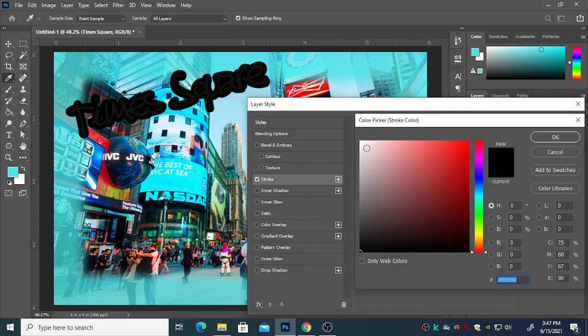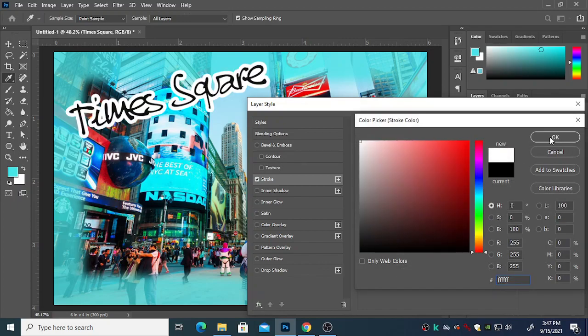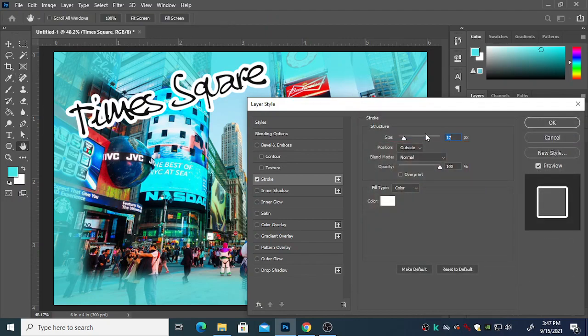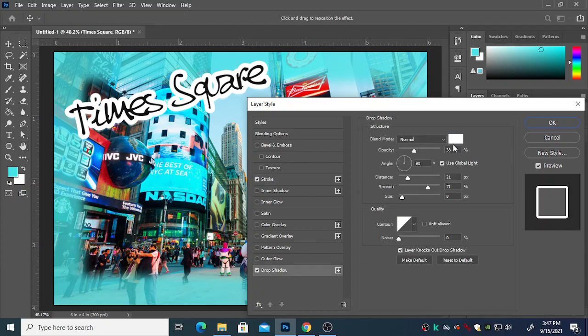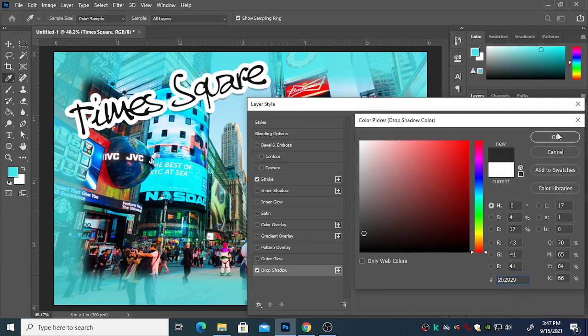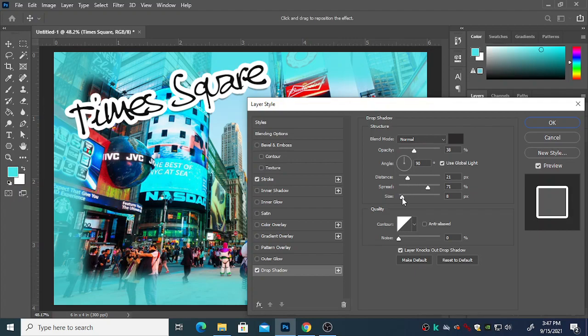Let's change the color of that stroke to be white. And just with that stroke, you can see that it's adding that. You can change the size of the stroke. I like how that's filling that in a little bit more. Okay, you can add maybe a drop shadow. I think for the drop shadow we need more of like a gray for that. Increase the size of that drop shadow, and you can play around with some of these sliders, just see what they're doing there. Okay,